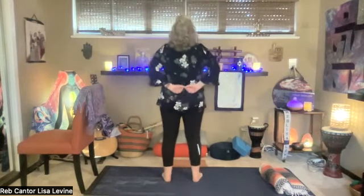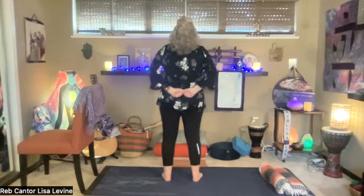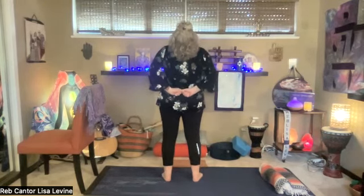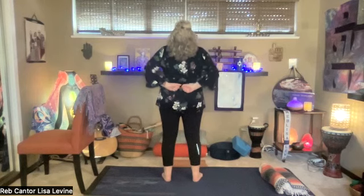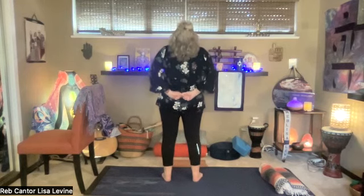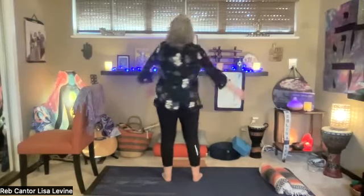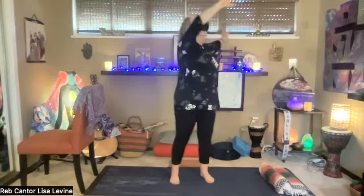Good. Inhale up. This time, draw that freedom circle all the way around and bring the fist to the back and massage the back. Open the heart and feel that light, the column of light and fire from the desert coming into the heart center. Massage the back. Inhale, exhale, release the arms,